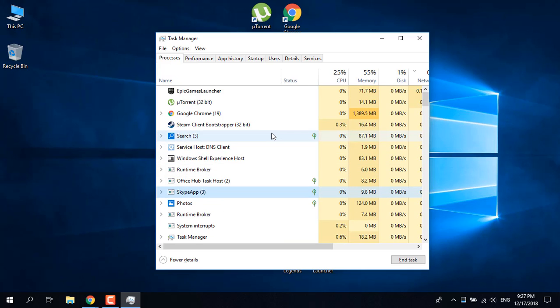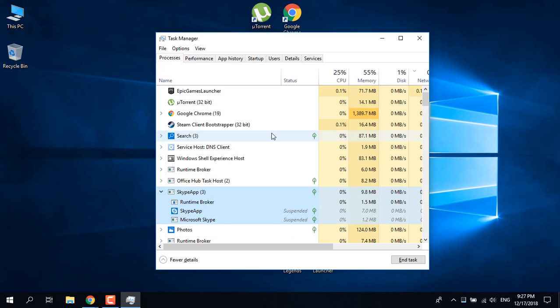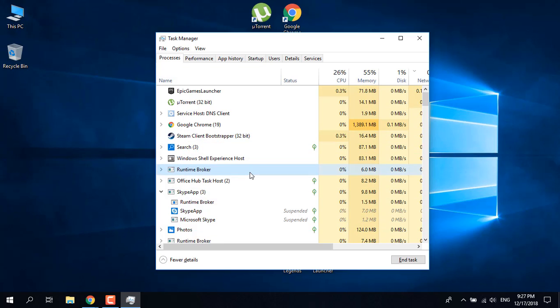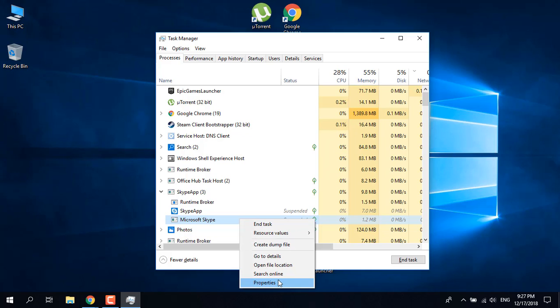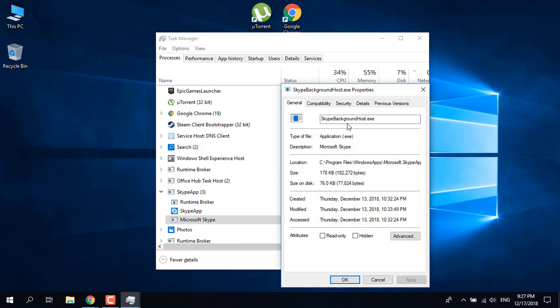So I'm gonna click on enter, and as you can see, the Skype app expanded. Now select the Microsoft Skype application using the arrows and click on properties. So open the properties